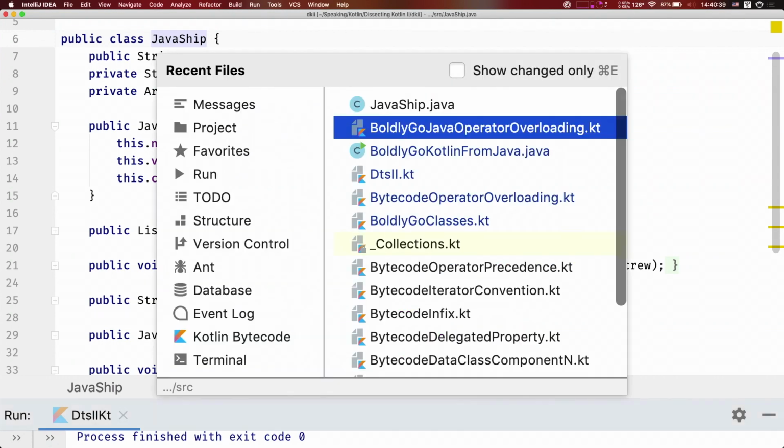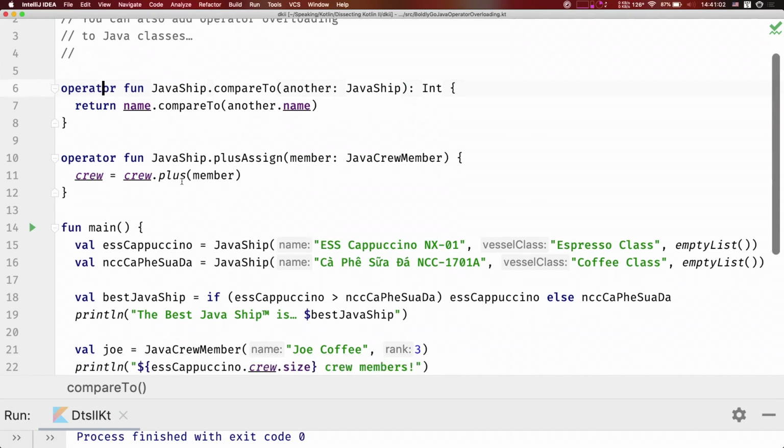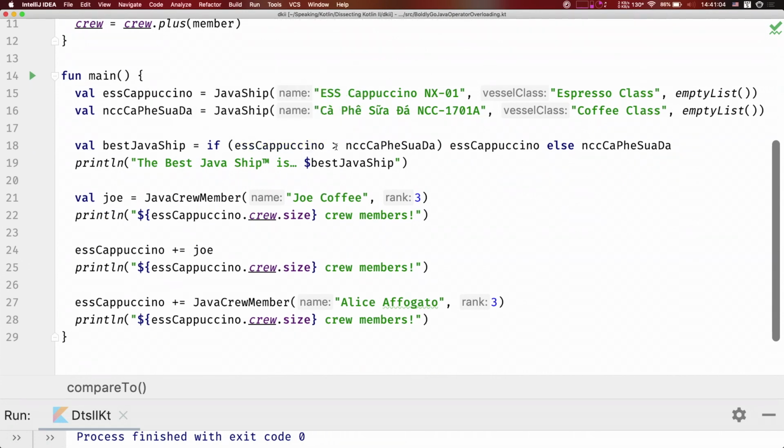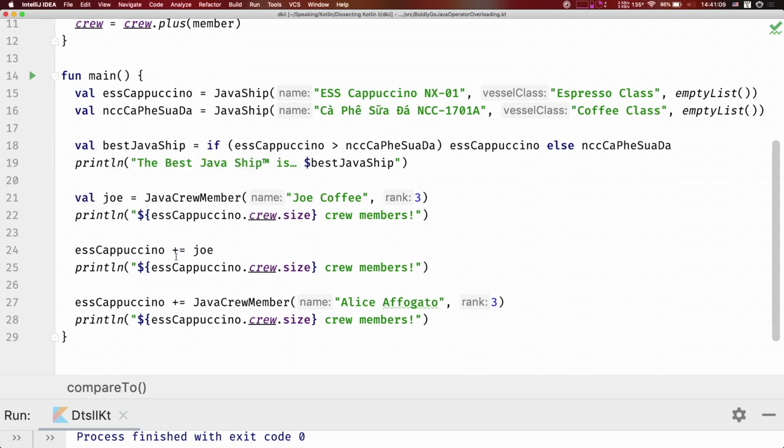And say that I have to get on this ship. It's the only ship around. It's a piece of junk, but I got to make do. And I'm in this Java universe, but I want to add a little bit of operator overloading to it just to make my life a little bit easier. Well, I can totally do that. I brought my Java ship over to Kotlin world, and using extension methods, I can go ahead and overload operators on my Java ship, and then I can do things like this, where I have a comparison operator, I have my plus assign, and again, it's all along these really cool, recurring themes that we see in Kotlin about adding functionality